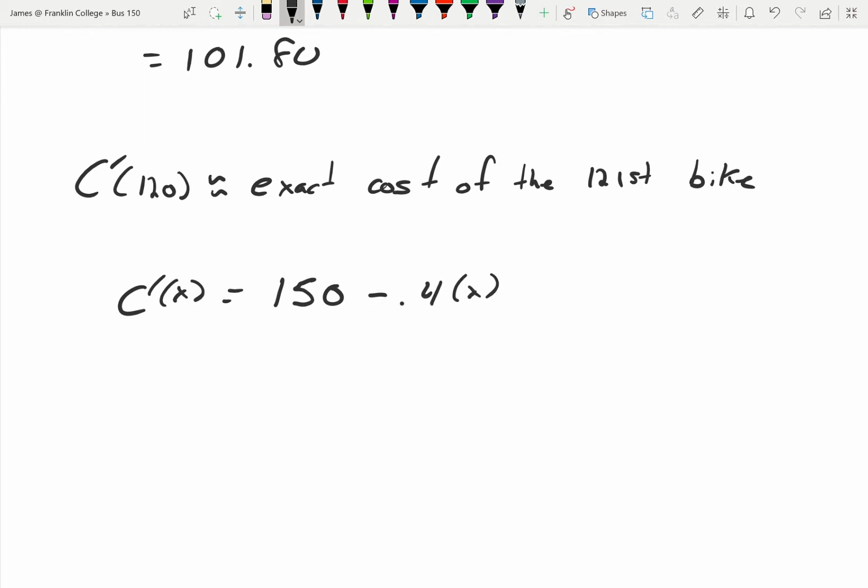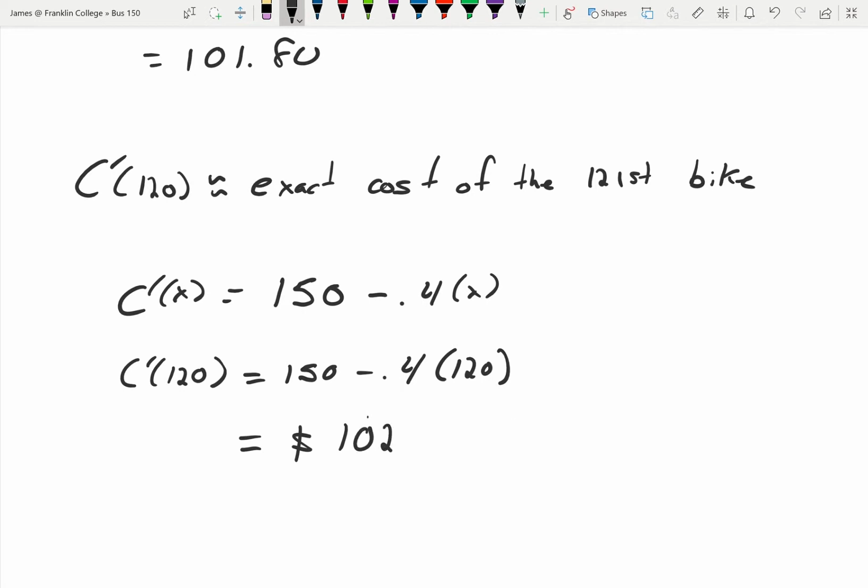And now we can plug in: C prime of 120 equals 150 minus 0.4 times 120. Well, this equals $102 even. So that is a quicker way of guesstimating the exact cost of producing the 121st bike,